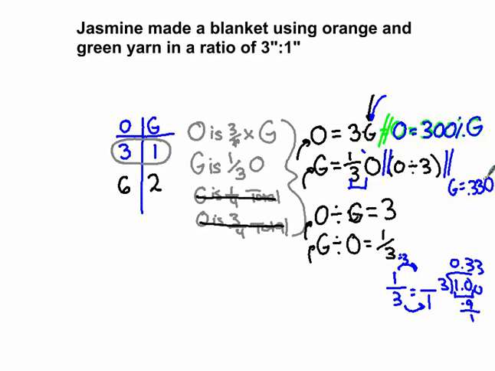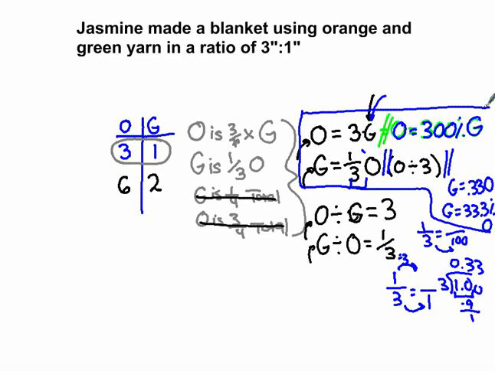We could have represented it like that. And these are O's; I realize that kind of looks like a 0, but that's orange. Or we could have represented it as a percent. By thinking as a percent, we want that denominator to be out of 100, and we'd be multiplying by 33.333. So we could have said G equals 33.3% of O. These are all different ways to represent the same piece of information. Keep in mind, and this is where we talk about mind flexibility, all of these mean the same thing. You will also get questions that ask something like,